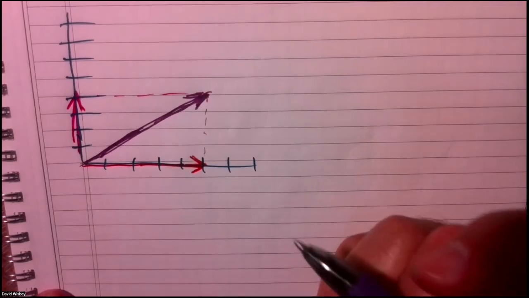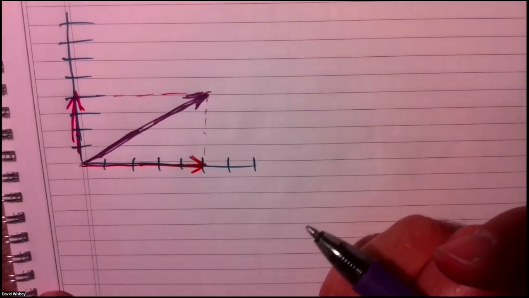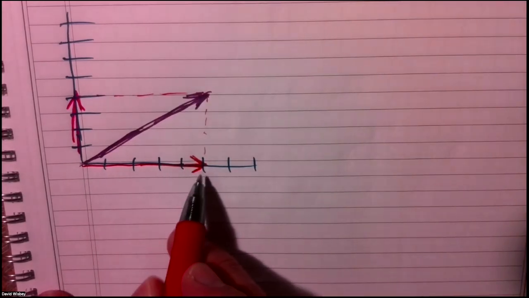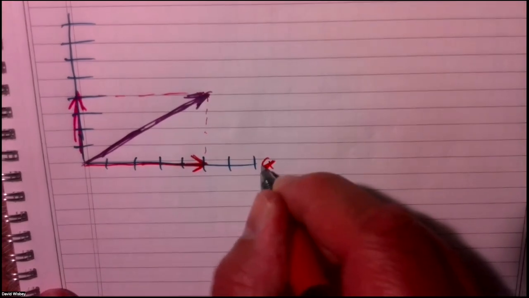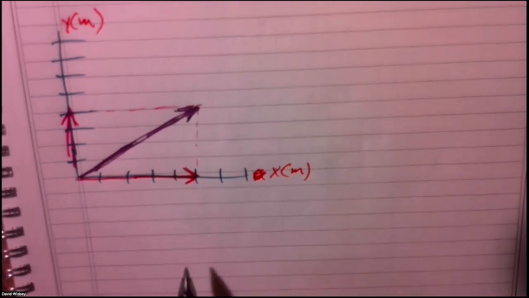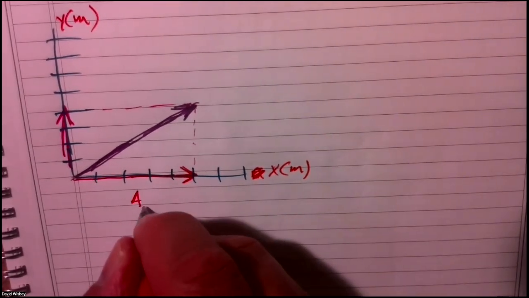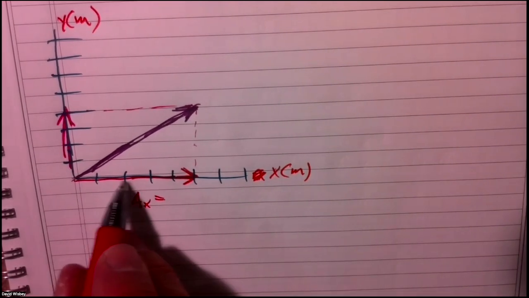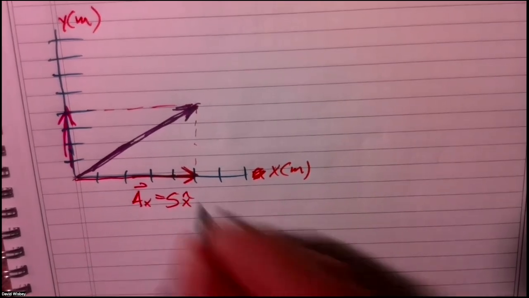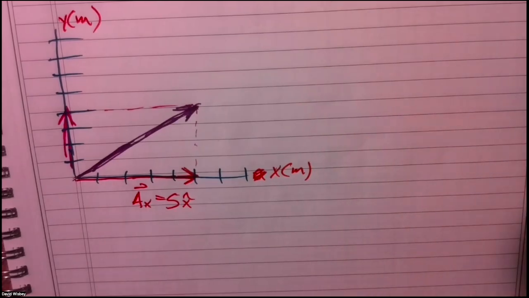But what is the magnitude of our vector, and what's its direction? All right, well, let's write down the components here. This is going to be x in meters, and this is going to be y in meters. My x component is going to be Ax. X is going to equal 1, 2, 3, 4, 5. So 5, and then I'll write x hat here. And this is my vector A.